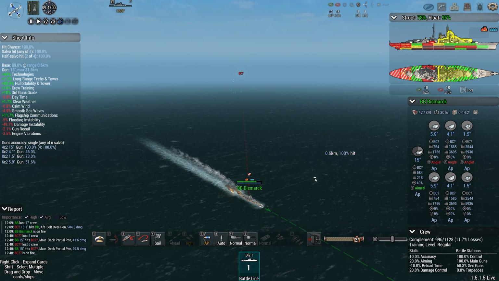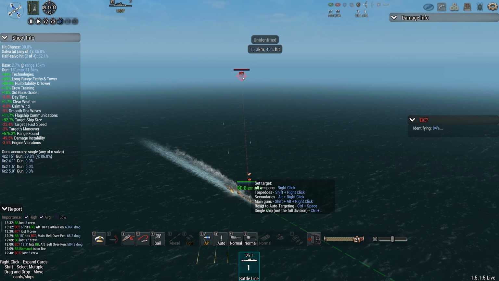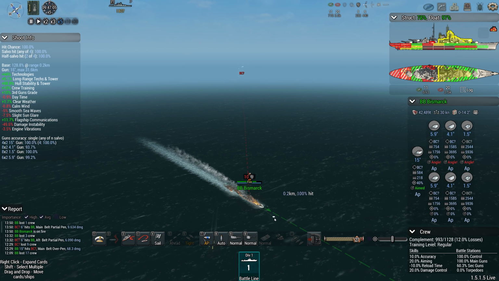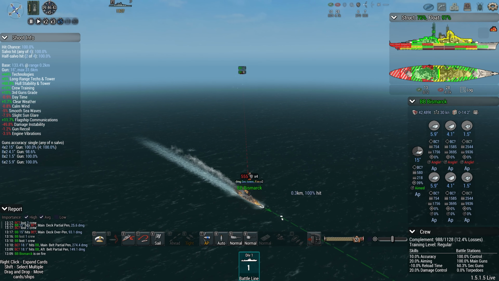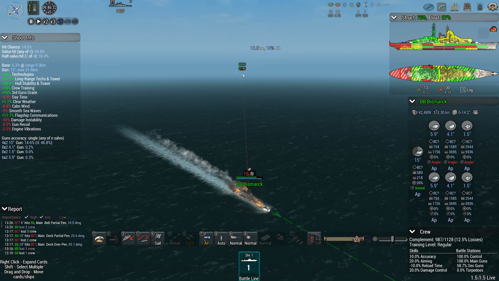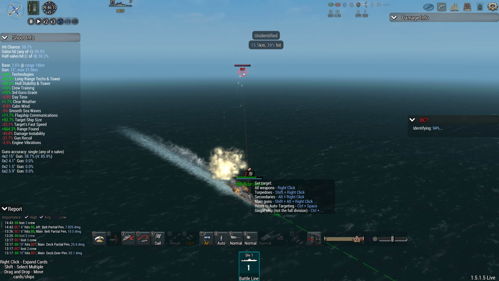Jeez, it's not looking too good. Our secondaries, by the time we get into range, won't even be any use to me. So the only thing to do is probably run away as fast as possible. Getting a lot of ricochets, that's good. We are on fire. I think we are losing structurally right now, but at this rate we might be able